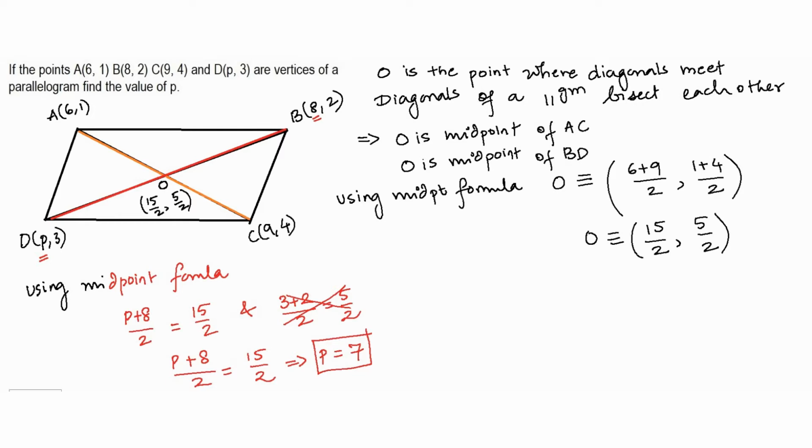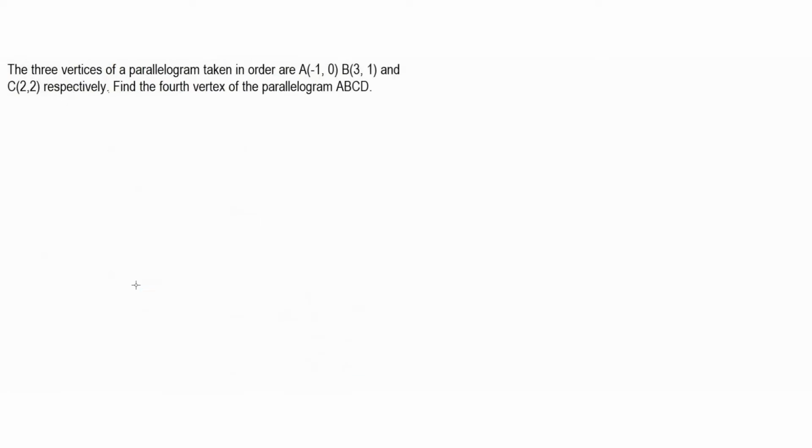Let's move on to the next question. The three vertices of a parallelogram taken in order are A, B and C respectively. So taken in order means I will have to draw them in the order. So what I mean by that is,